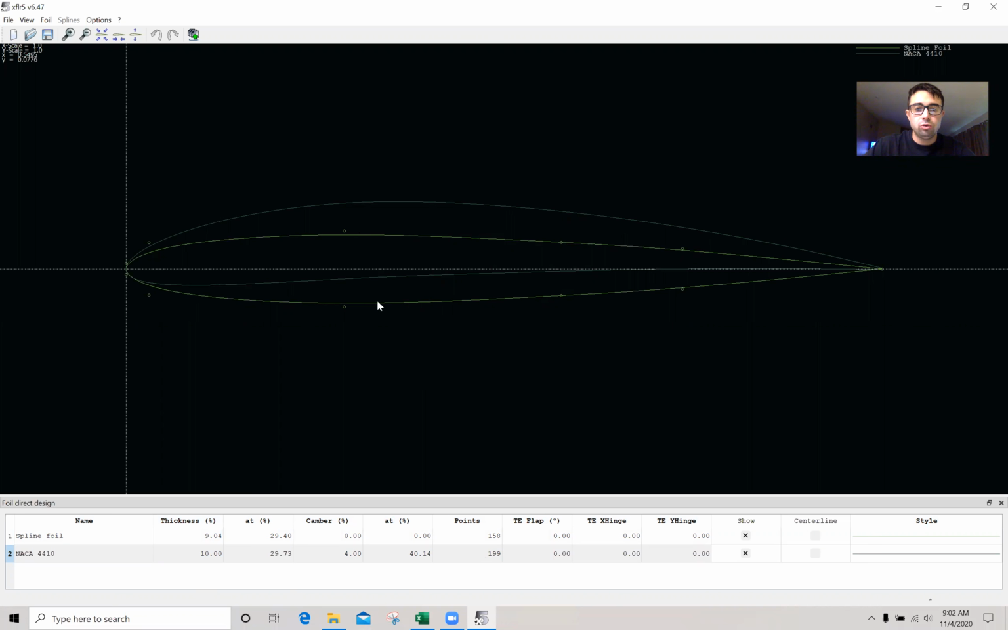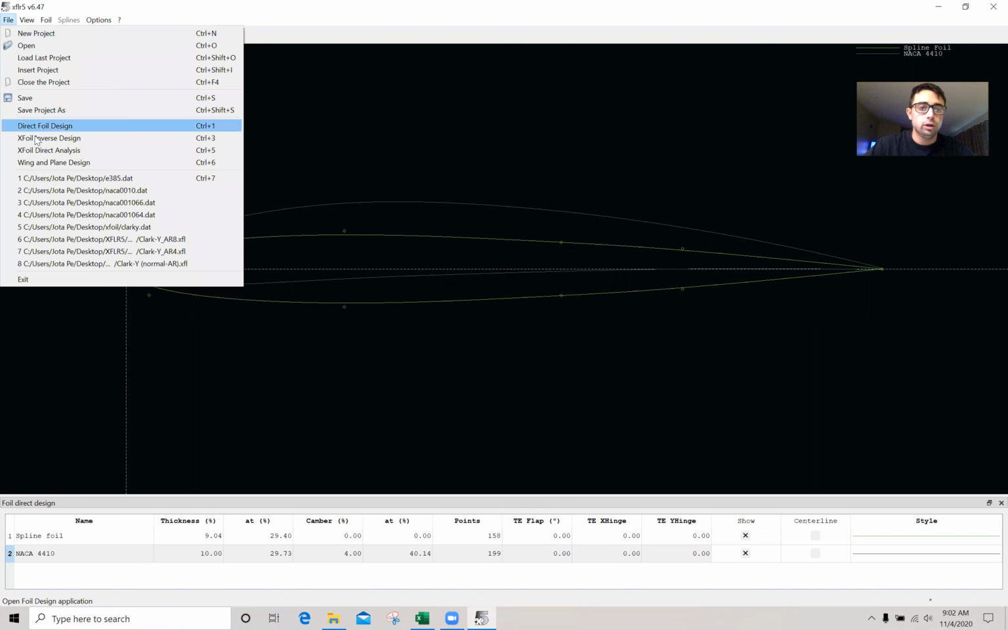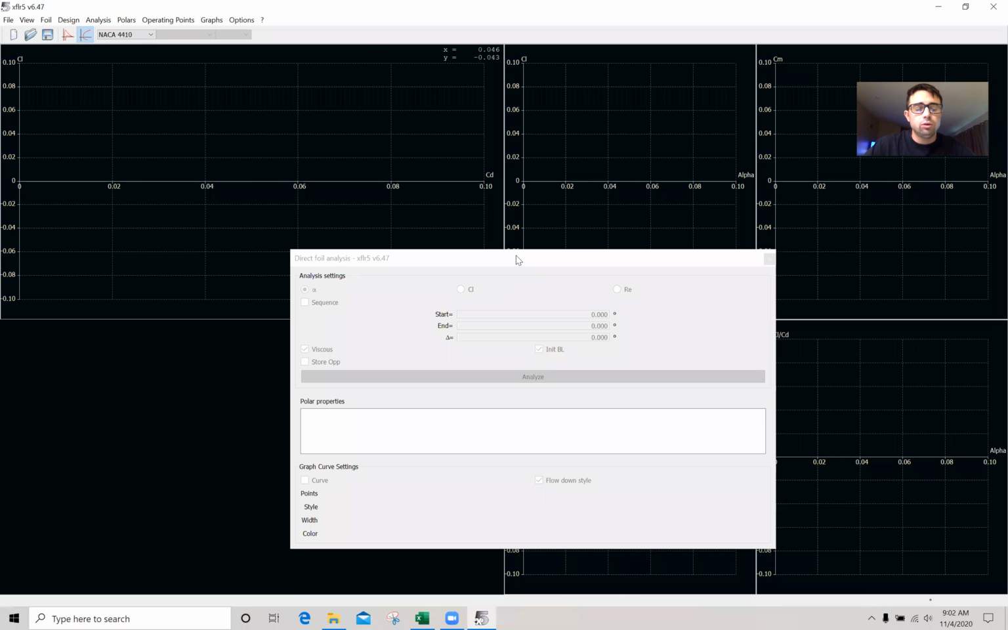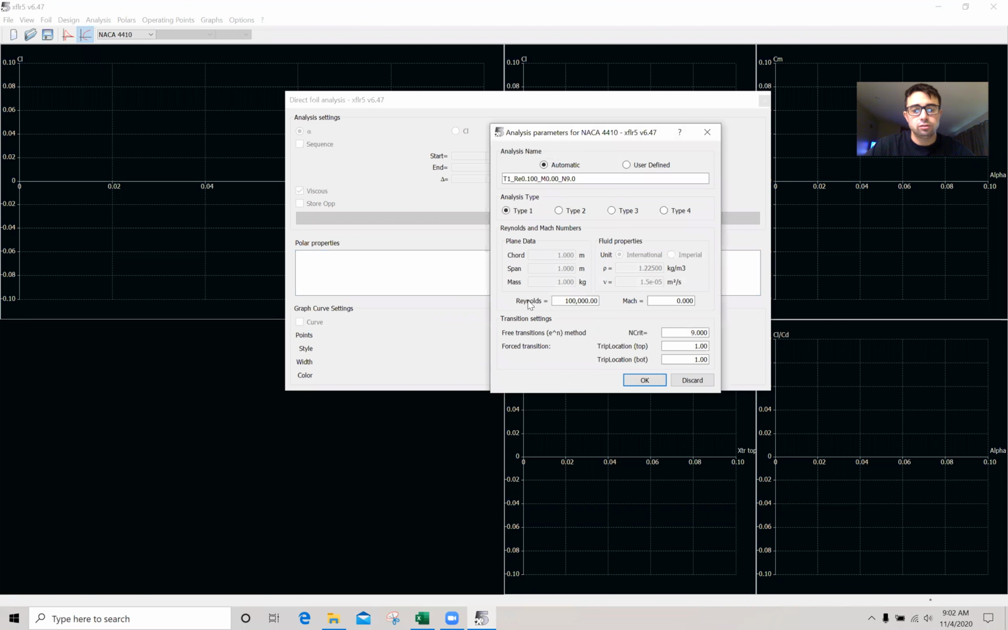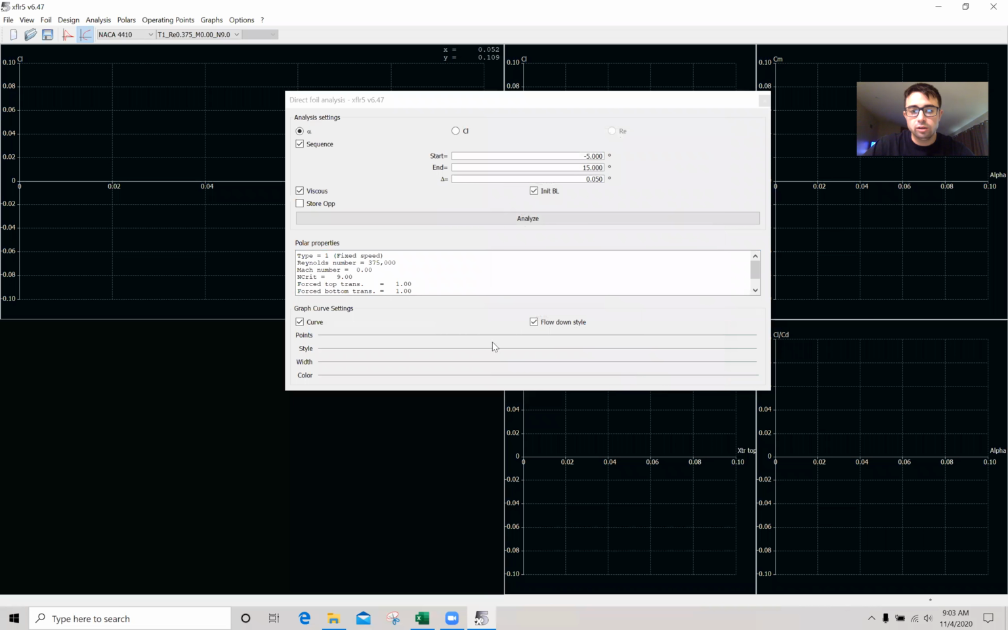So in order to actually analyze this airfoil, we're going to go to File, then Direct Analysis. We're then going to go to Analysis up here, Define Analysis. And our Reynolds number is 375,000. We're going to leave everything else the same. Click OK. And we're going to go from -5 to 20 with, you're going to want to do 1 degree